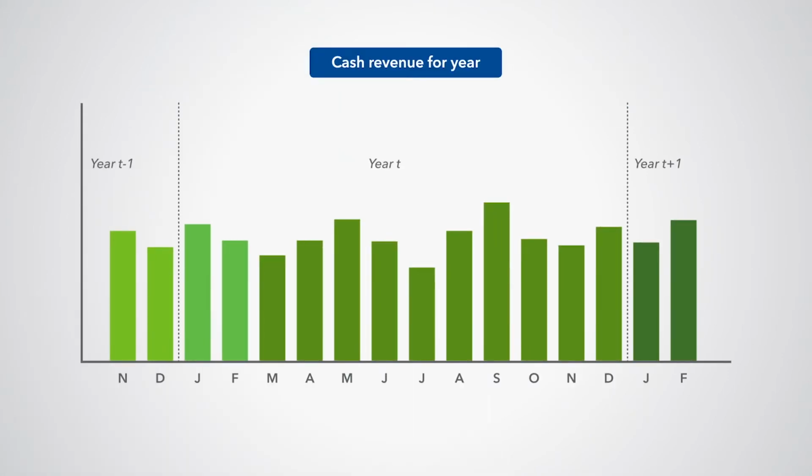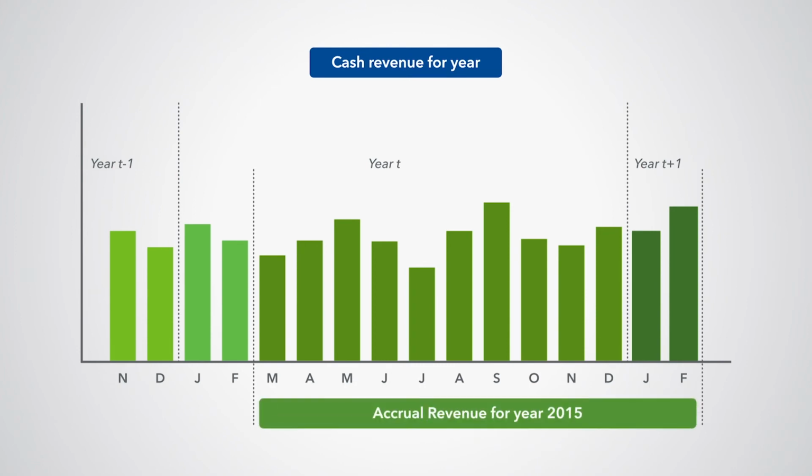Suppose that we look at payment patterns and see that on average corporate income taxes are paid with a delay of 2 months. That means taxes related to income generated in January are usually paid in March. This information allows us to make a simple adjustment to the cash receipts data to arrive at the accrued revenue. The cash amounts collected in January and February of one year will simply be included in the annual accrual revenue of the previous year. This implies, of course, that you need to wait until March, at least, to be able to report final revenue data for the previous year.